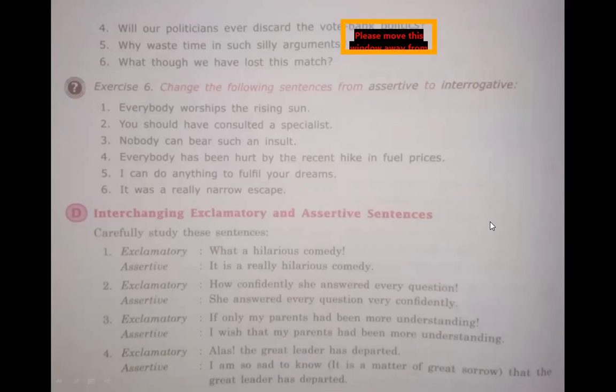Let's go to the next part, that is the D part, interchanging exclamatory and assertive. See students, I hope that 6 exercises we have done, these are a bit difficult. You need to use your mind to just understand. This will be the work of your home also today, and then watch the video properly so that you can justify the things. Well, any one of you wants to ask any question,